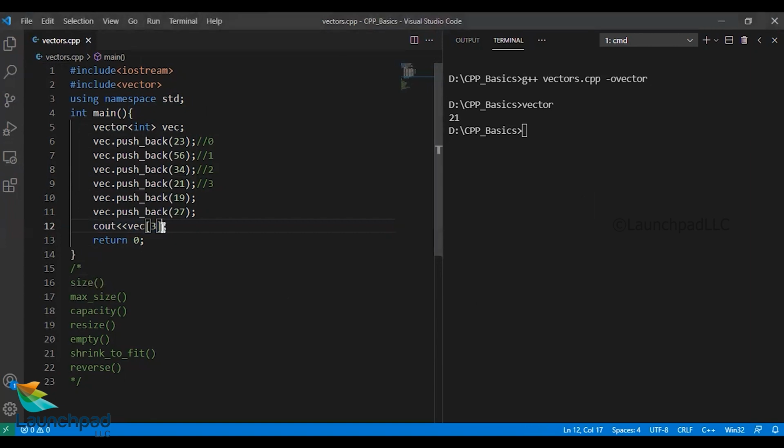And we can also access an element with the help of the at functionality. Dot at of, I have to provide some position here. So the position is, I'm providing the 4th position. So the element in the 4th position, the obvious output I'm expecting here is 19. Let's compile it, run things again. It gives me 19. So I can access it with the help of indexing as well.